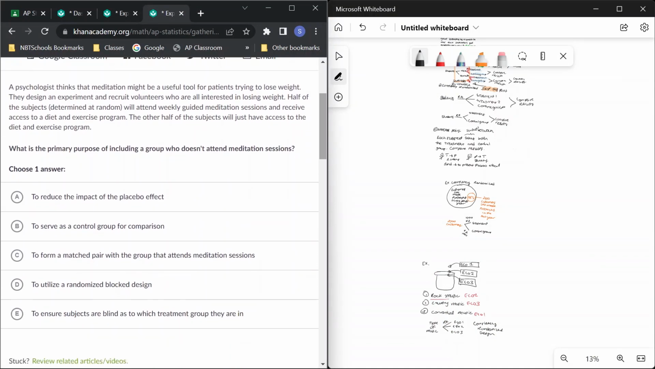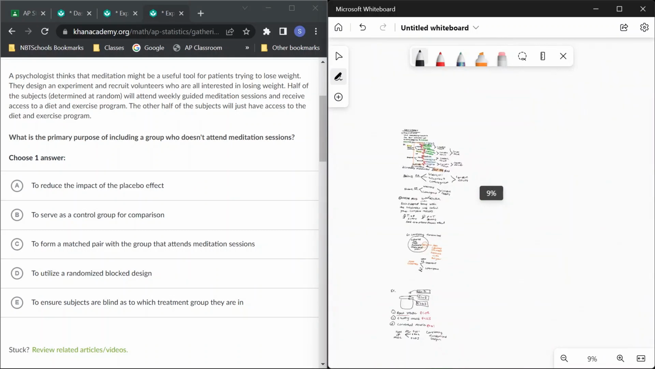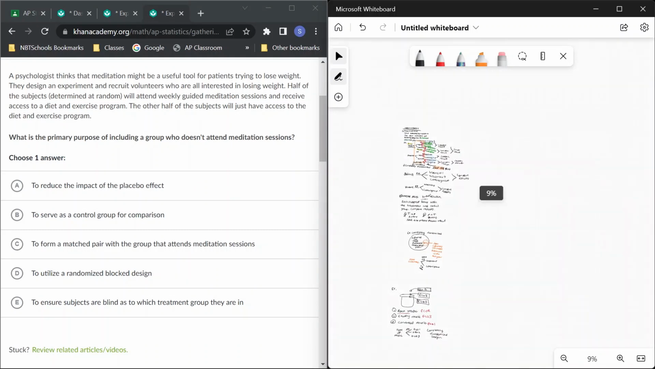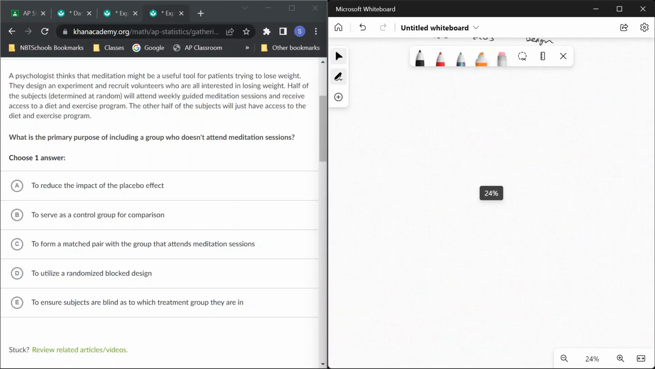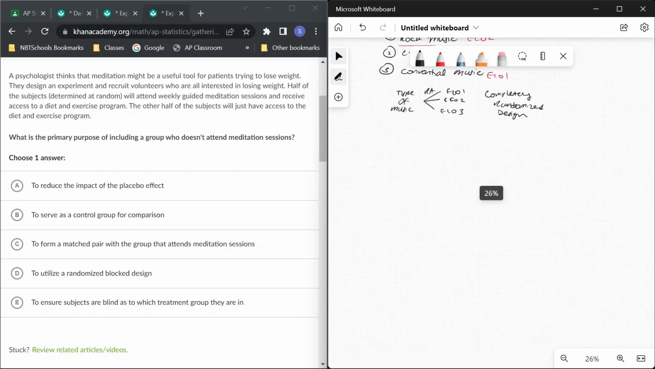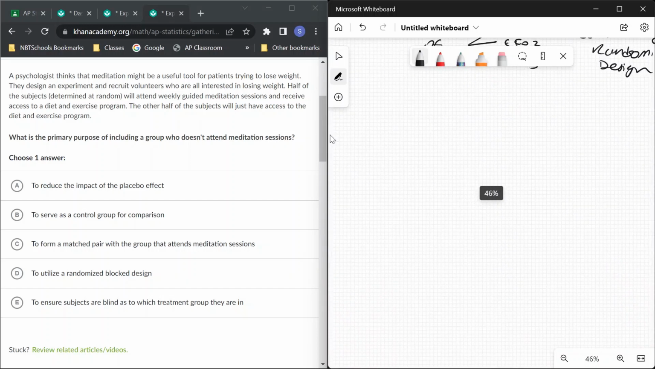There's another one. So, a psychologist thinks that meditation might be a useful tool for patients trying to lose weight. They design an experiment and recruit volunteers. I hate it when they say recruit volunteers because, okay, by the way, if you didn't know, if they ever talk about volunteers, we can never generalize our results